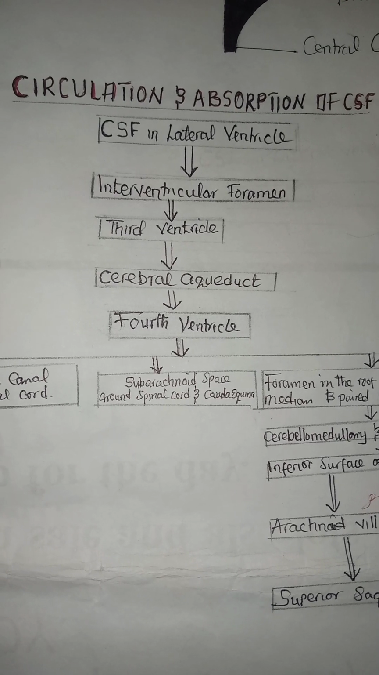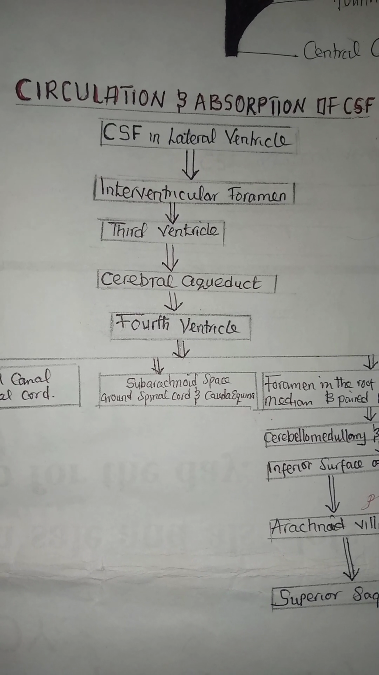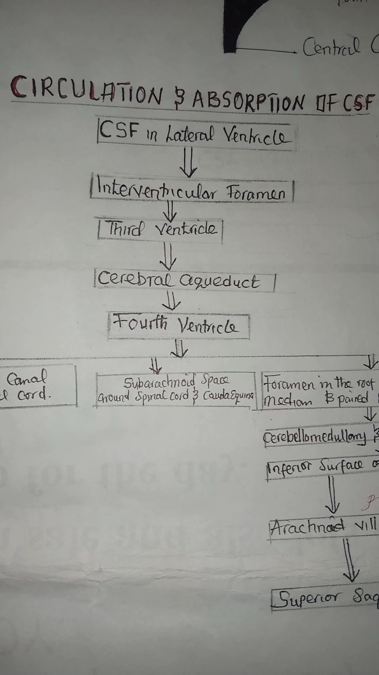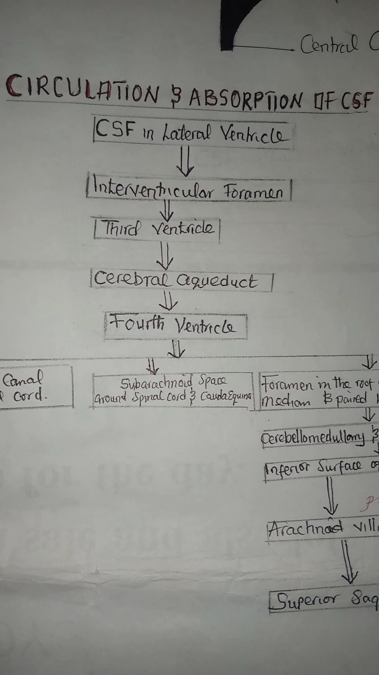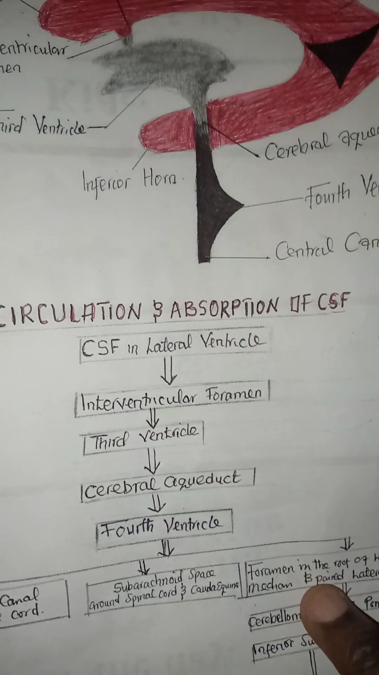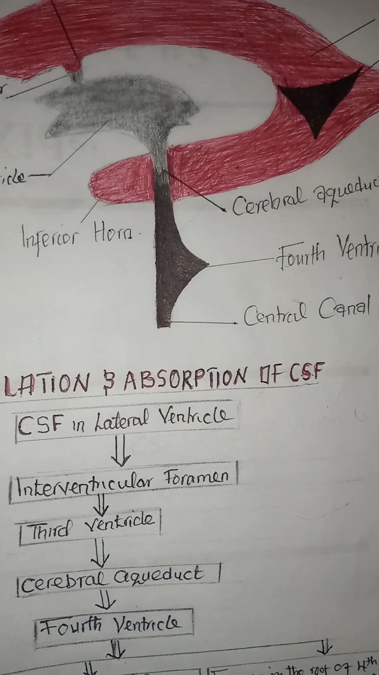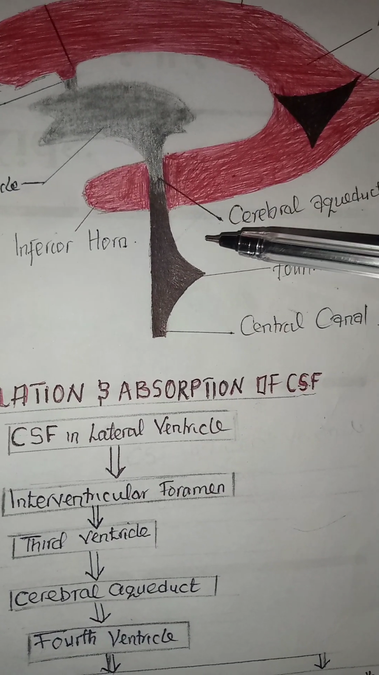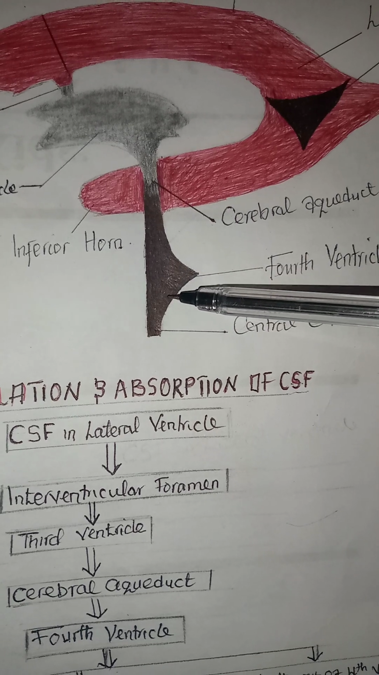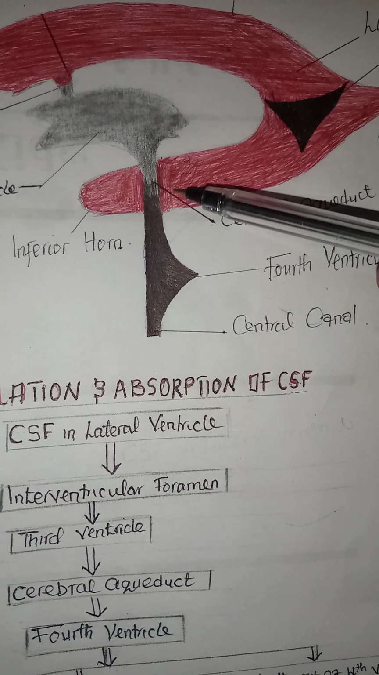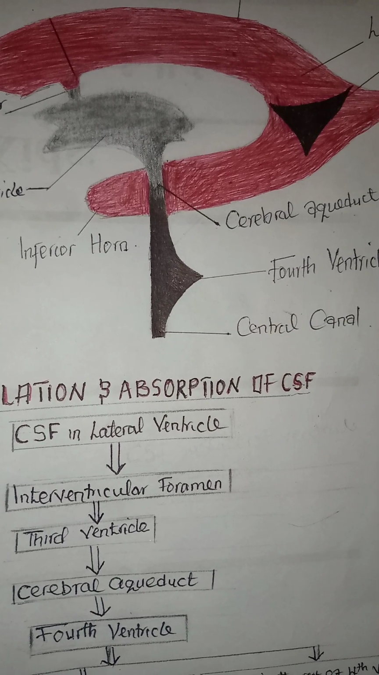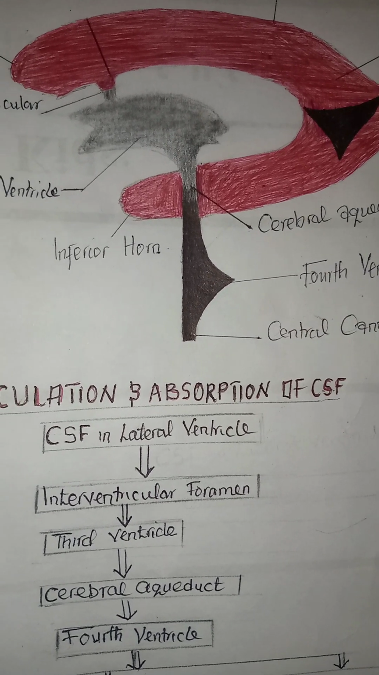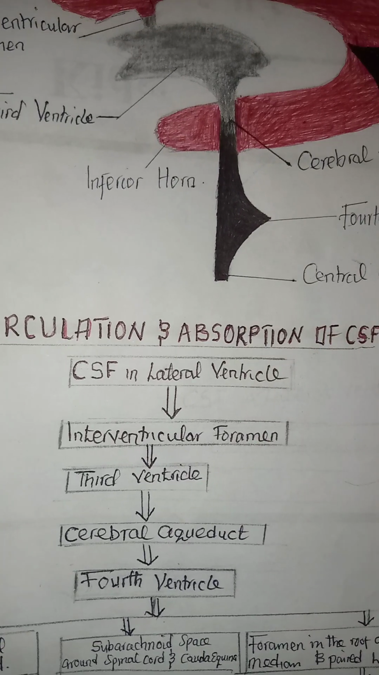Alright guys, so in this video we'll talk about the secretion and absorption of the cerebrospinal fluid. Okay, remember what we said? We said the fourth ventricle was responsible for secreting the cerebrospinal fluid once it is produced until it reaches the subarachnoid space. Okay, so let's see now how it is